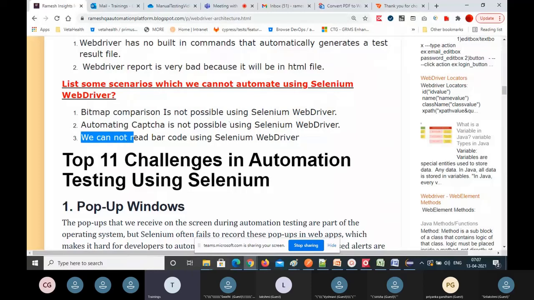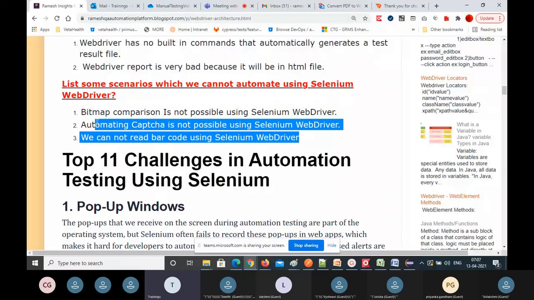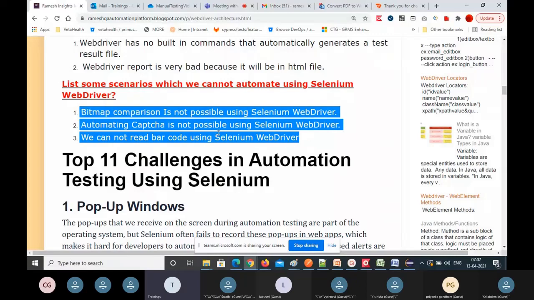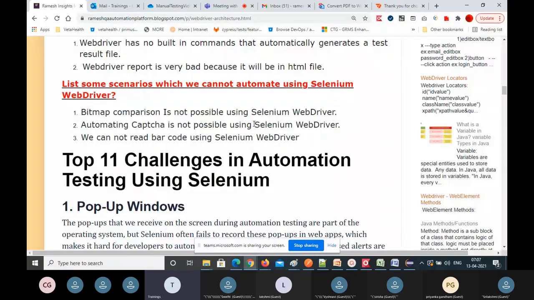We cannot read barcodes using Selenium. So these are all the limitations. These scenarios you cannot automate with WebDriver. Okay, so these points you can mention. They will ask what the limitations are, which scenarios you cannot automate. You can tell these points.